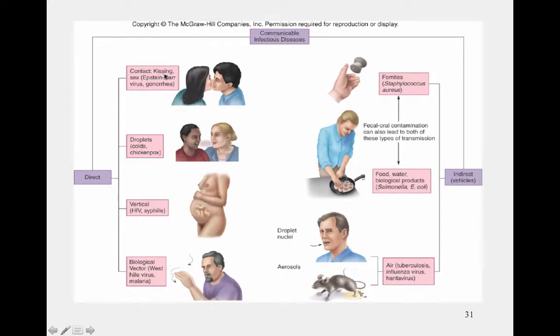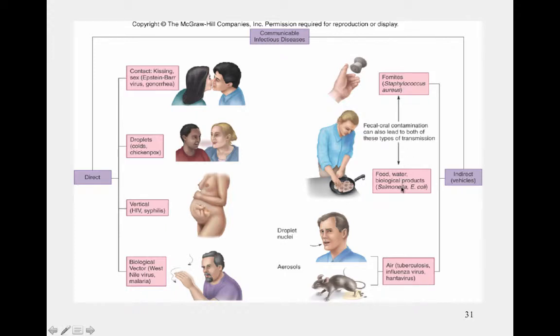So direct would be through kissing, sex, droplets like colds or chickenpox, HIV or syphilis from mother to fetus, and then also biological vector like a mosquito, which could transmit West Nile virus. Or it could be indirect through fomites like a doorknob, inanimate objects. This would be a staph infection, or